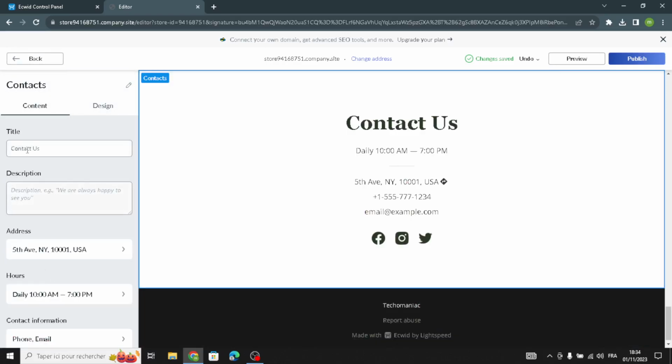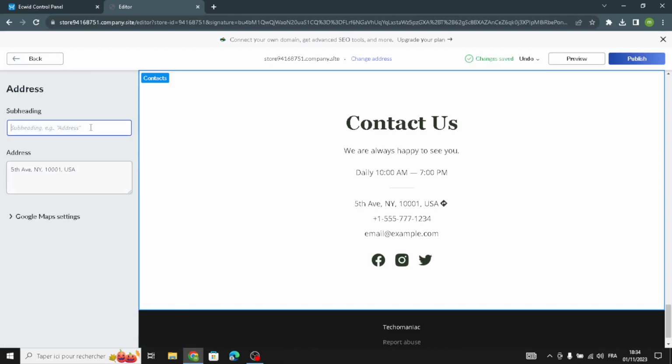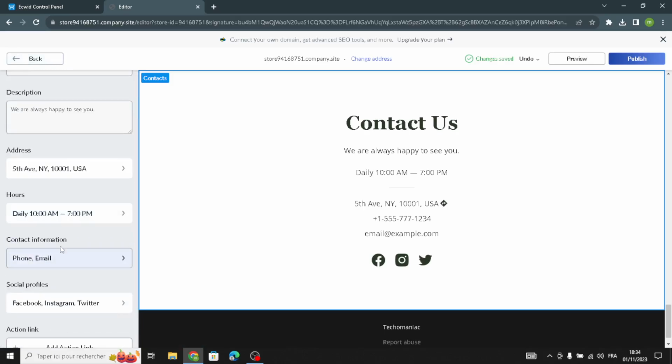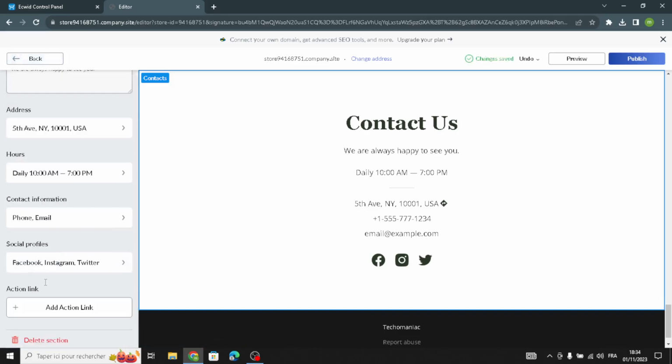Now let's move on to the contact section. Here you can use this description: We are always happy to see you. Okay, here you have to add your business address. You can enter the exact postal address or the plus code. Here you have to enter the daily hours. So here you can add the social profiles, the contact information,